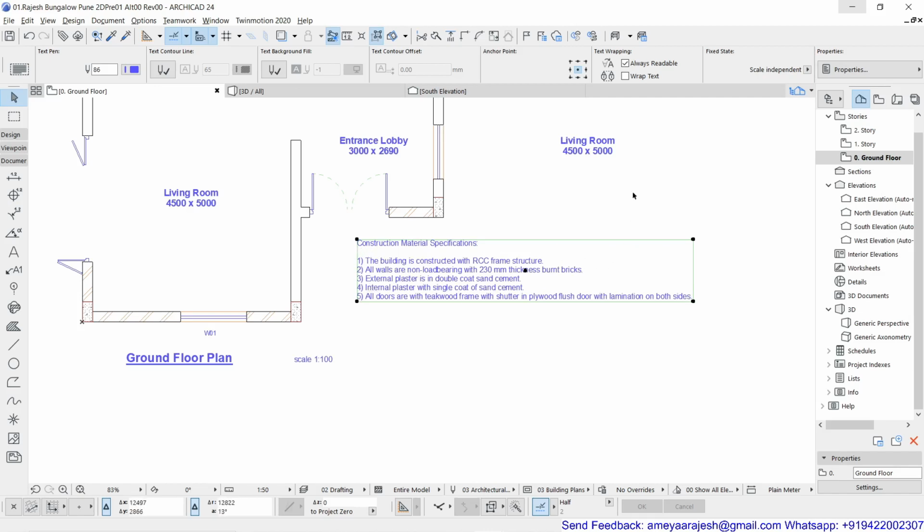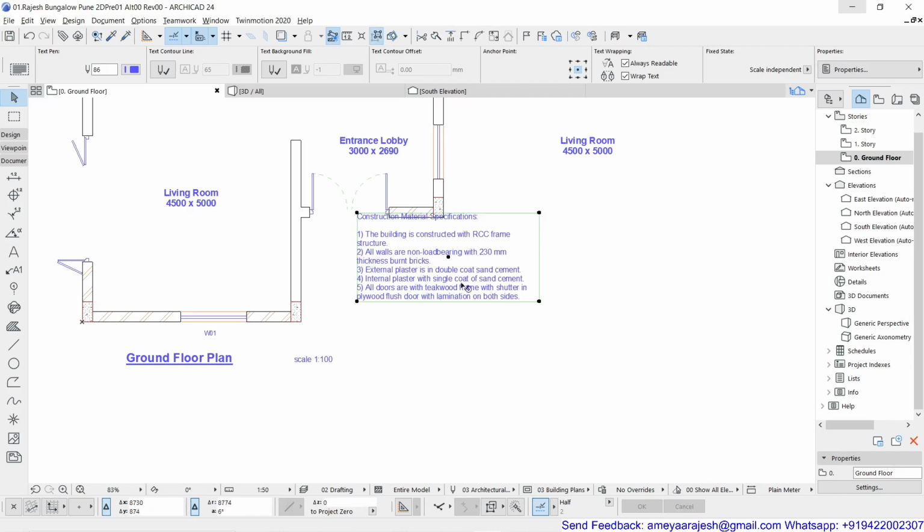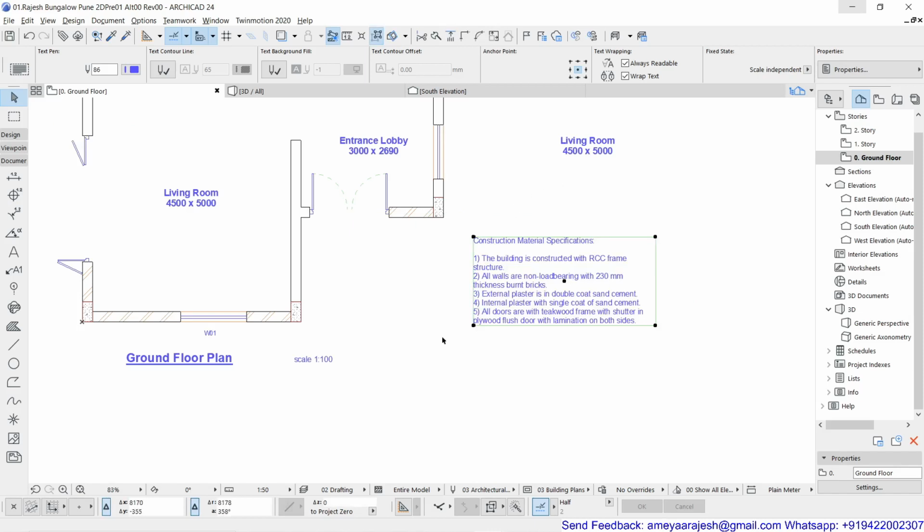So wrap and unwrap. Now again, if you want to wrap it, even if you keep it off, if you just click on the node and go for the same stretch option and try to come to a certain width, your paragraph will get reordered. So this is how altogether this wrapping option can work for you.